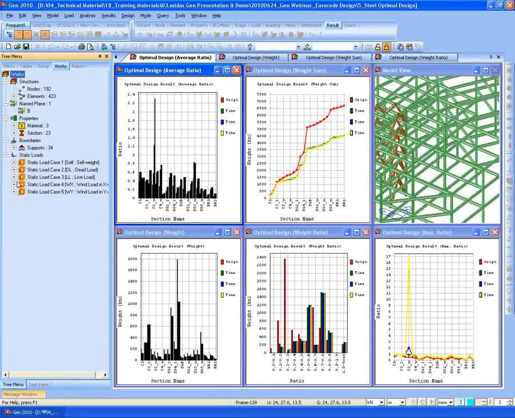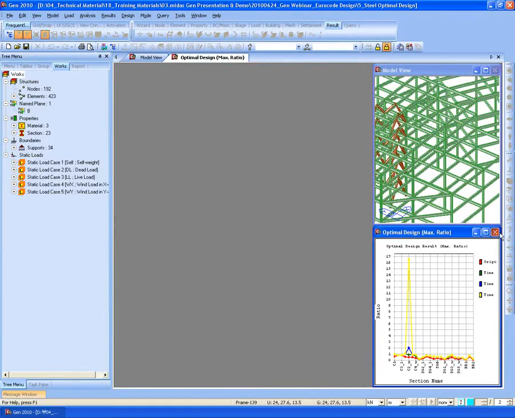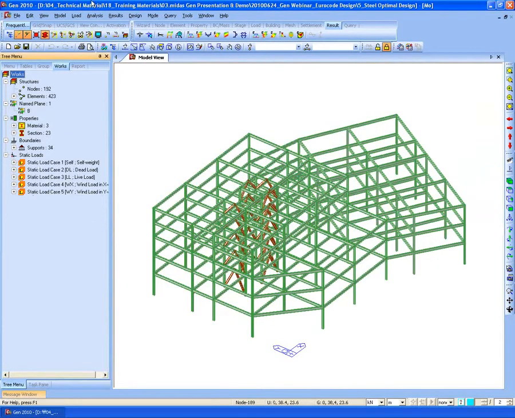Firstly, the question is about the eccentricity in the wind load. When you enter the wind load, it is entered based on the dimension center.